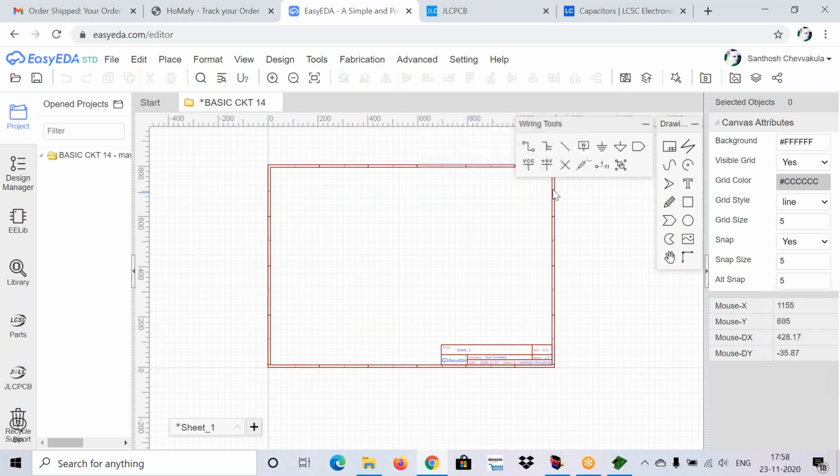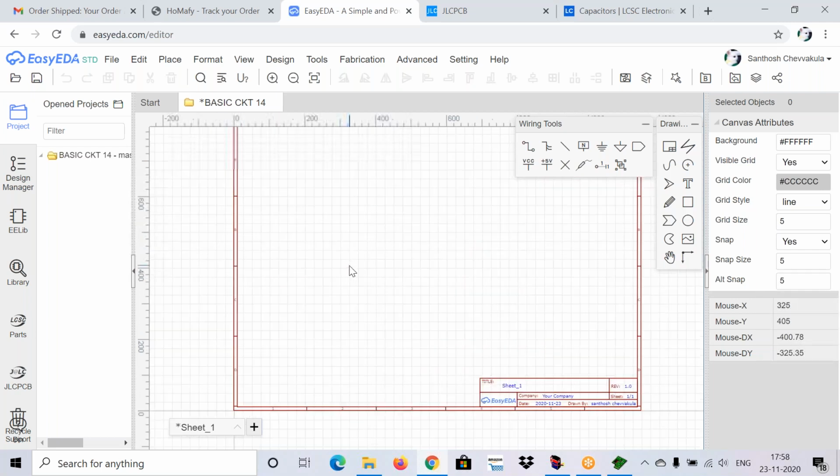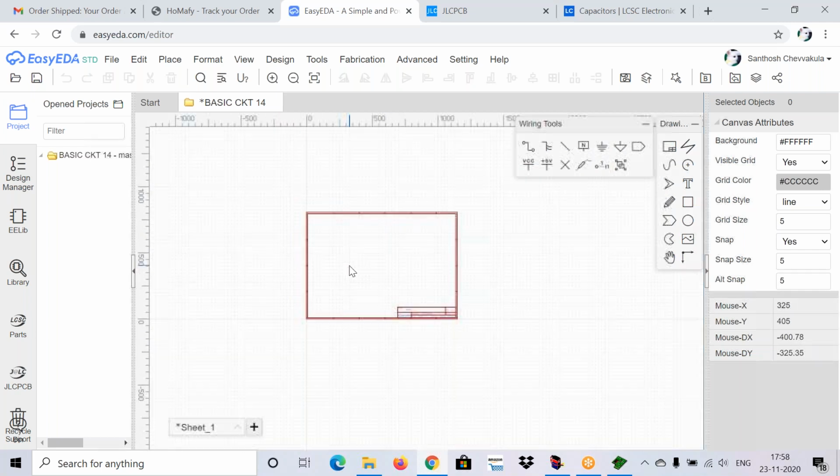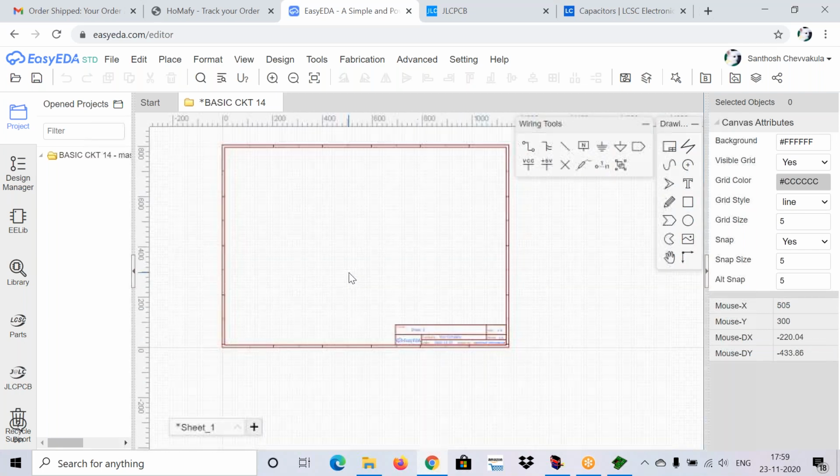That is your project. Whatever the circuit may be, whether it is a basic circuit or a large circuit or even a circuit of a motherboard, it should be designed within this area only. No component or circuit should go out of this. Just make sure the entire circuit is inside of this project space only. Don't forget these points.